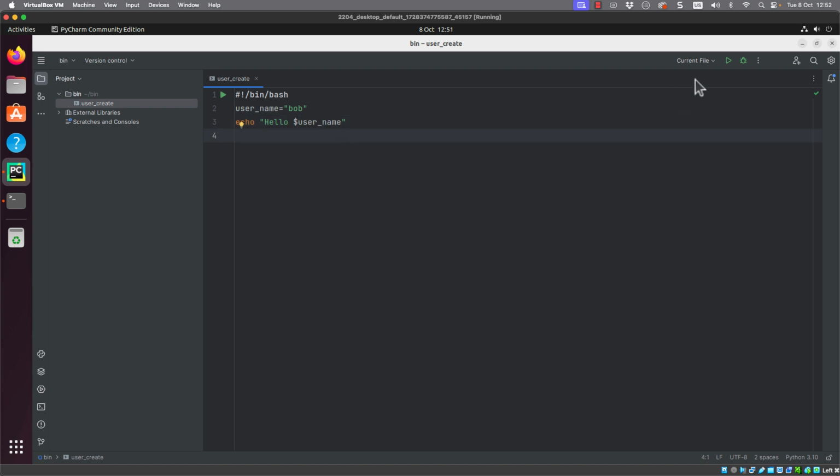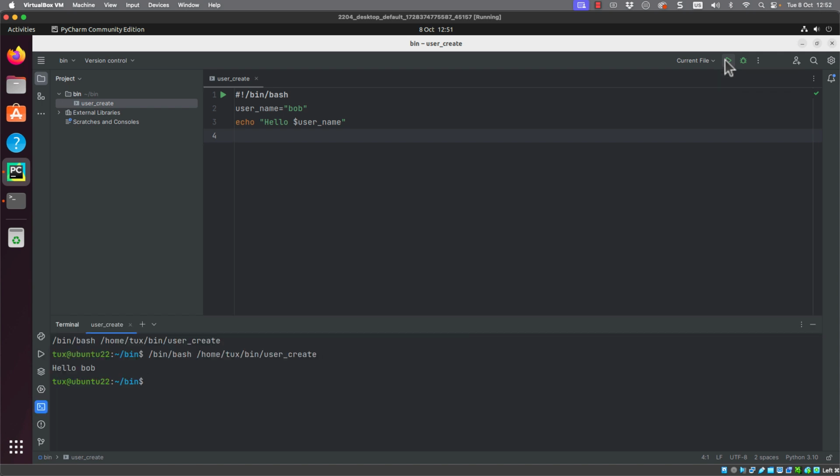For a simple script like this, I can just execute it using the run button, and we can see the terminal then opens, and we get hello Bob coming back. Now, whilst this might seem impressive to begin with, it's not so impressive when you realise that we would have to go in and edit the script to be able to change the output.